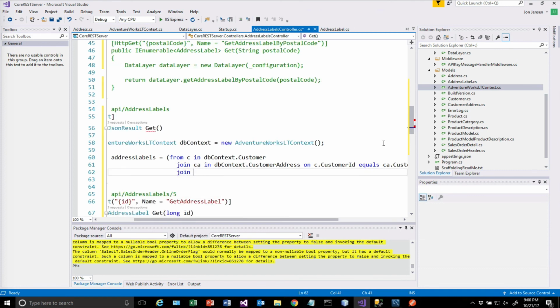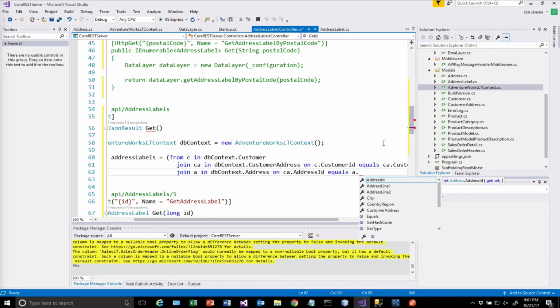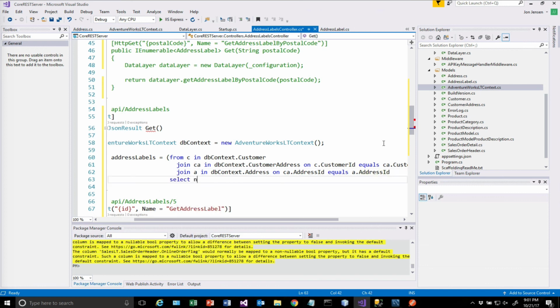And then we need to join from that table to the address table. So address is the one we want, on CA dot, and this is going to be address ID. And again, this is a big advantage of ORMs, is you actually have your data at compile time, which is great. So address ID there, and then we do a select new,